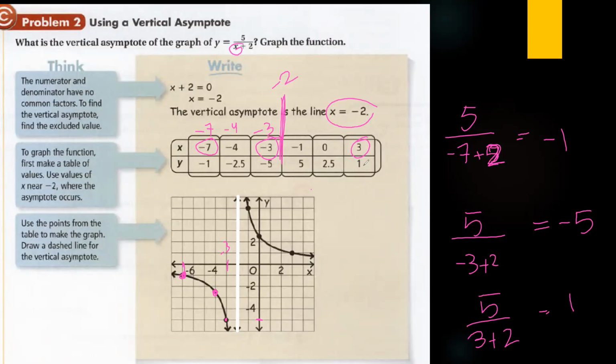Then at point -1, we have 5. At point 0, we have 2.5. At point 3, we have 1. Connect between these, and you have the other curve. So after you draw the two curves, you will find that at point -2, it didn't touch